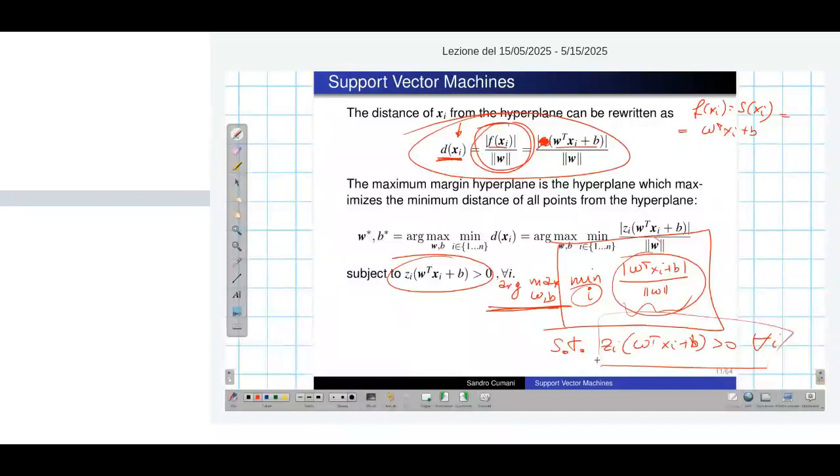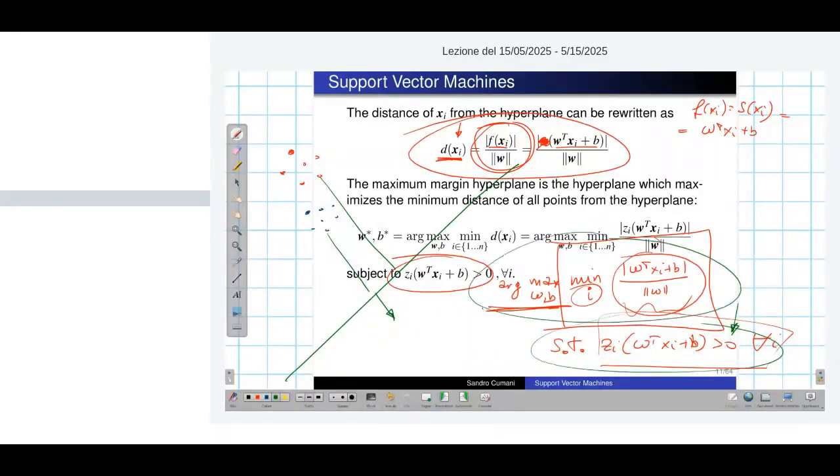Why do I need to add the constraint? Because without the constraint, it's easier to make a large margin classifier. If I have these samples and I put my separation rule here, I have a large distance from all the points. But it is pretty useless because one of the classes will always be incorrectly classified. So I need to ask that the model correctly classifies all samples, and among these constraints, I'm finding the maximum